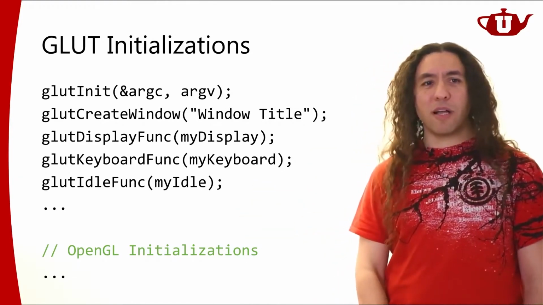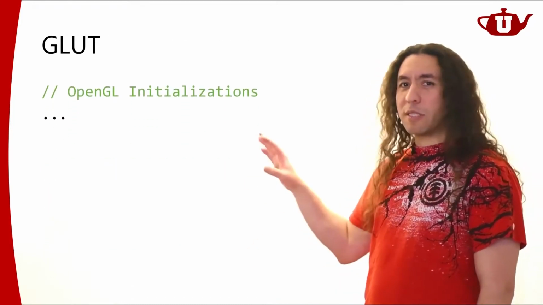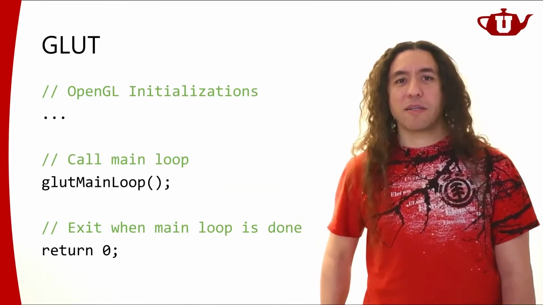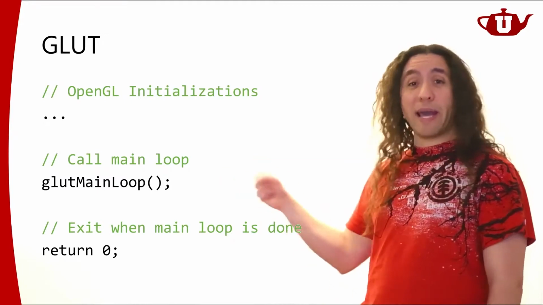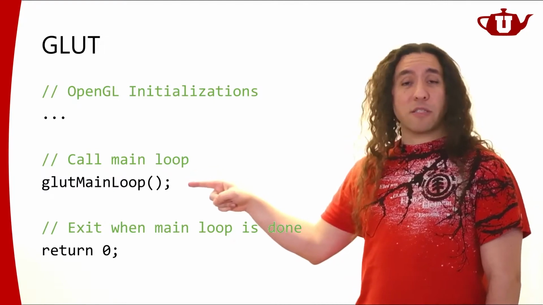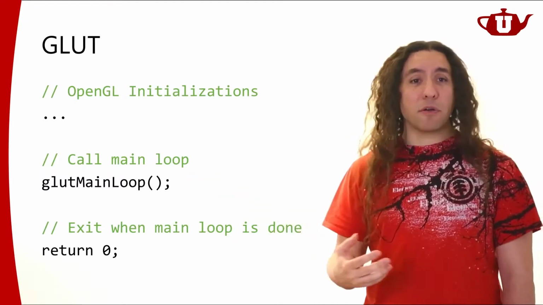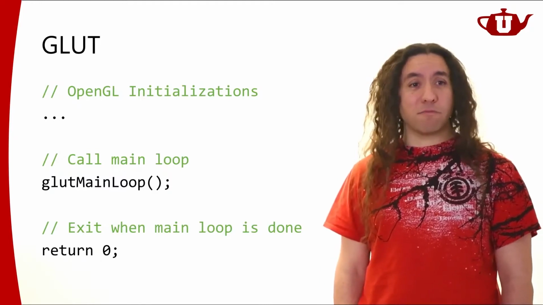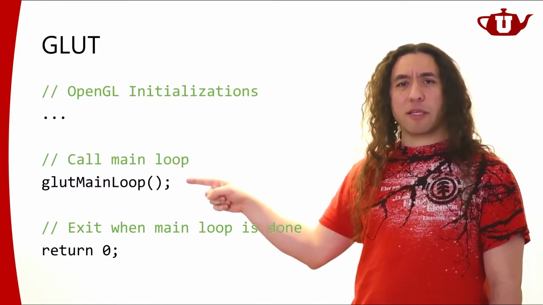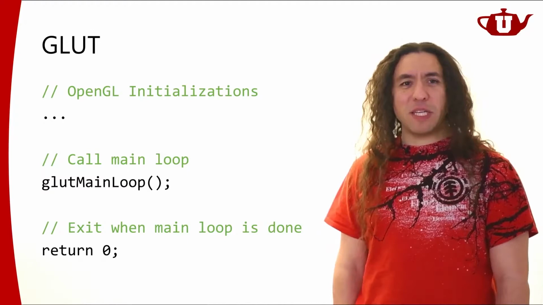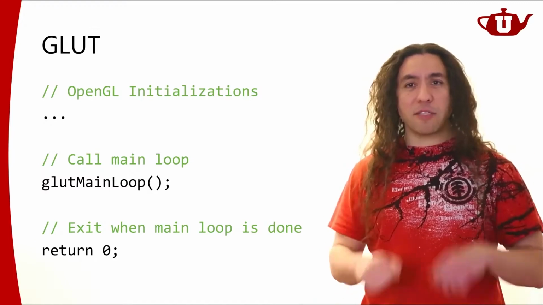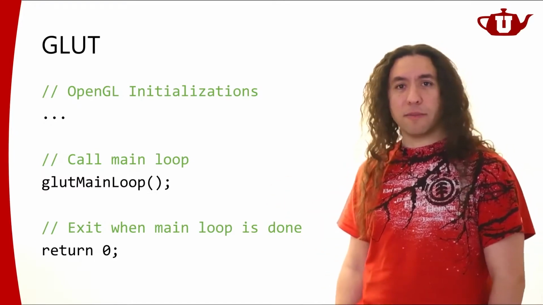Let's say that we're going to do OpenGL-related initializations, and then what? Once we're done with OpenGL-related initializations, and we're ready, finally, we're going to be calling glutMainLoop. So this means that I'm ready to actually start the application. Up until you call this function, GLUT will not be calling any of your callbacks. None of your callbacks will be called before you call this. I believe this will start with calling the reshape function. So your reshape function will be called at least once, even if the user does not change the size of your window.